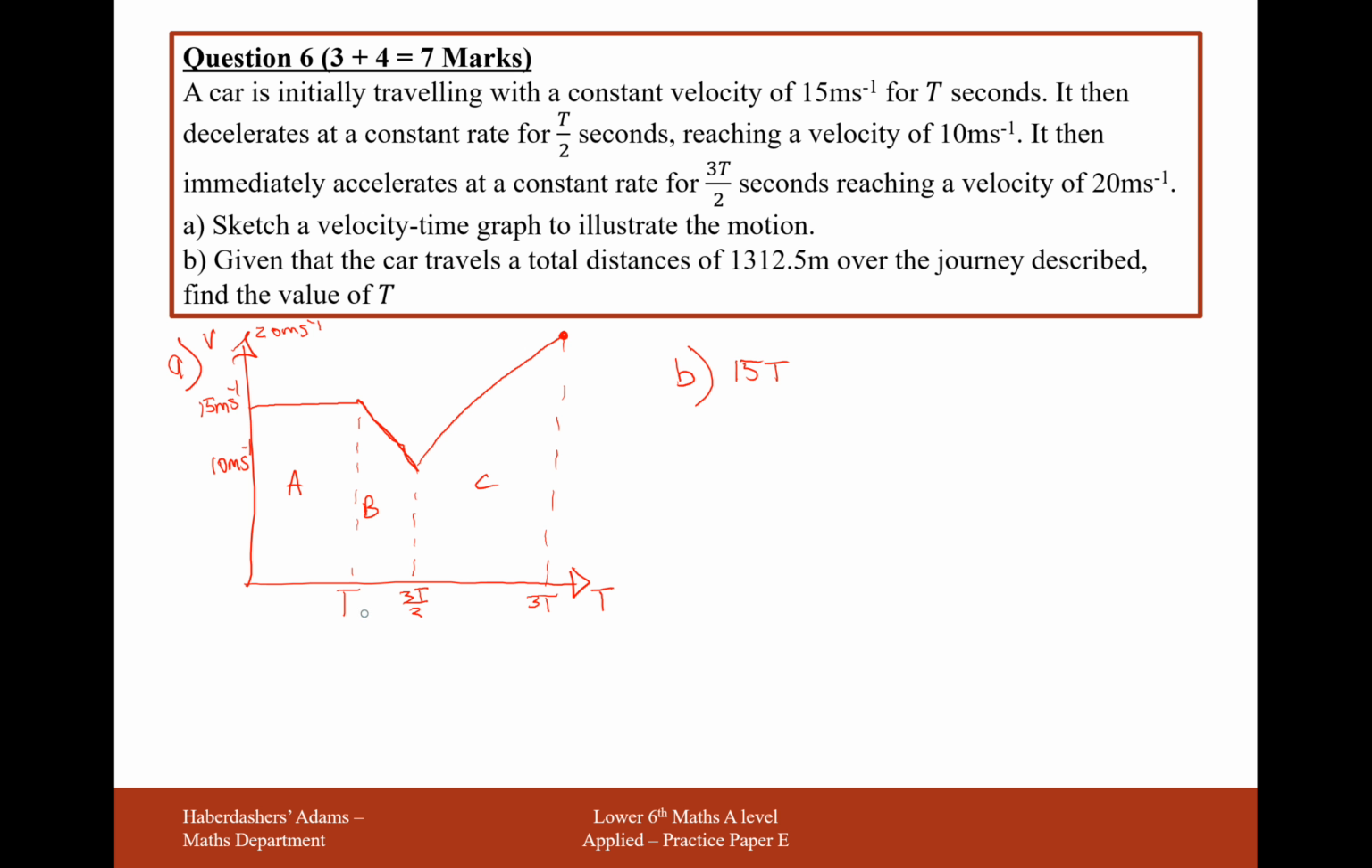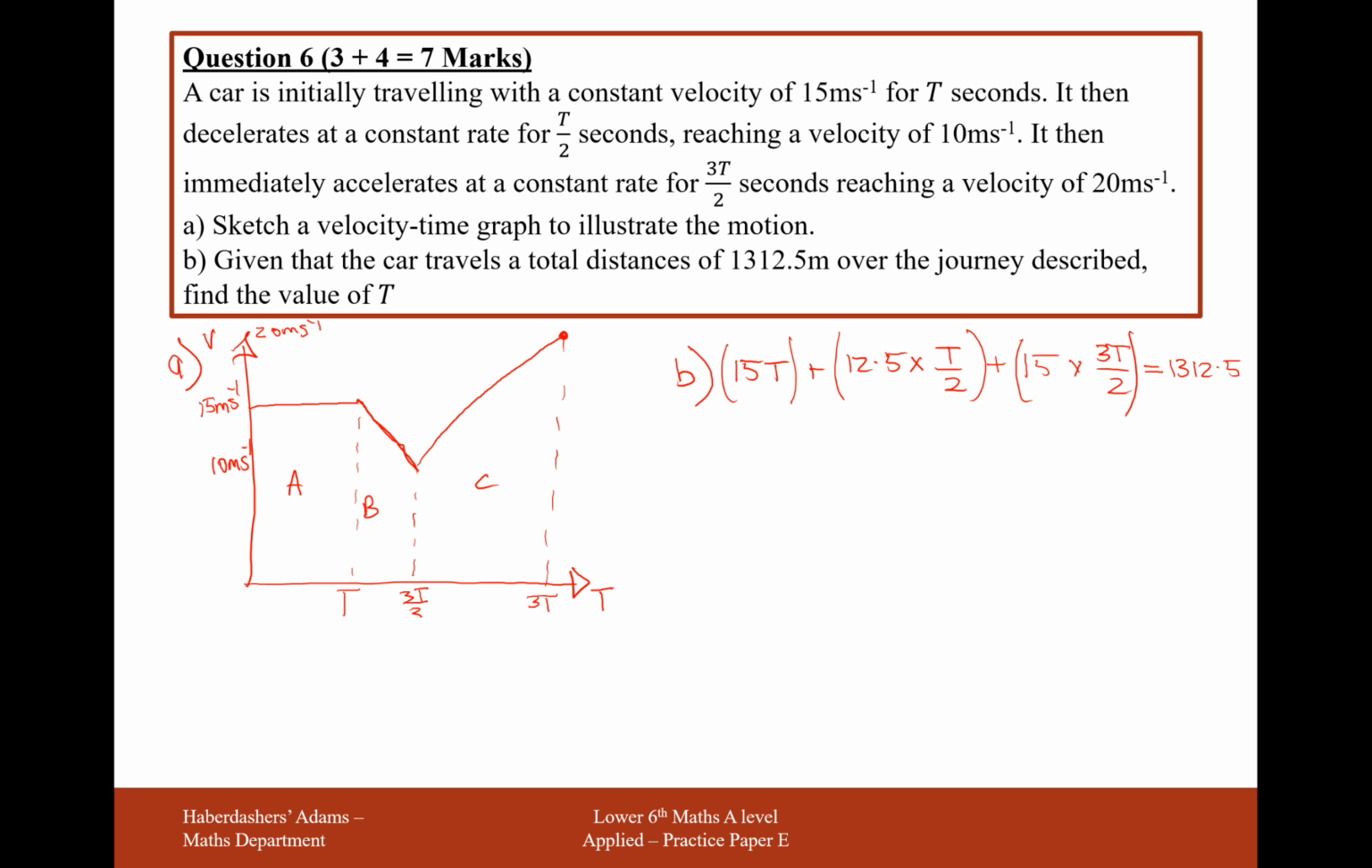In the second section here, we're going to have an average height of 12.5, times by t over 2 seconds. And for the last part here, between 10 and 20, we're going to have a speed of 15, and this journey happens for 3t over 2. So all of these 3 areas added together here are going to give us